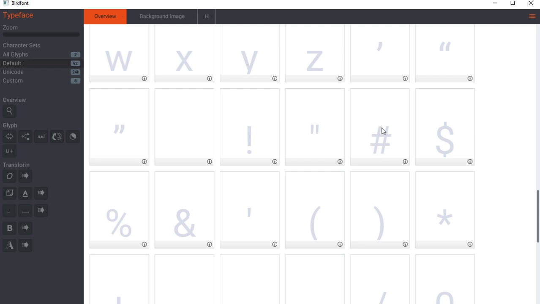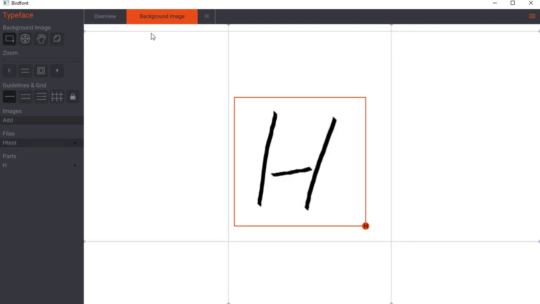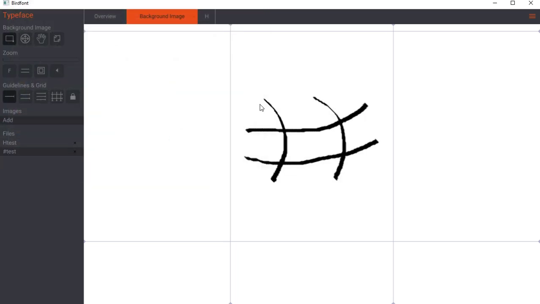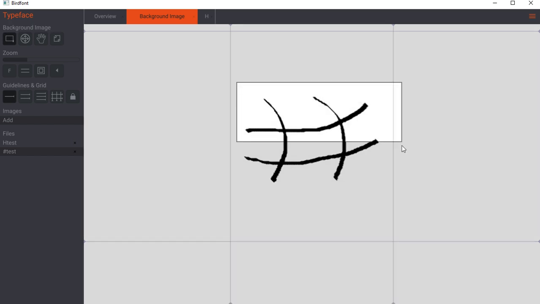And what we're going to do is do the same exact thing, but we're going to go into the background, and instead we're going to add another one. So we're going to go add, and we're going to go for the number symbol test file and open. And now it gets rid of that H, because now we're working on a different one. So we're going to go through the same process, set background, highlight,